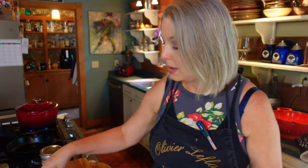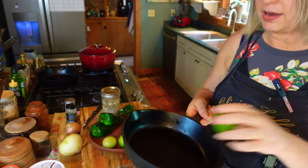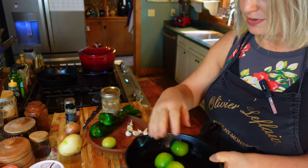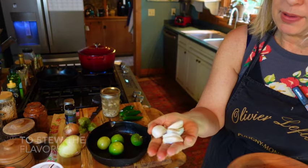I like to roast my tomatillos in the oven at 425 degrees. So I'm roasting most of my veggies. I'm going to roast some of them on the stovetop. I'm gonna roast the poblanos and my jalapenos on the stovetop. The tomatillos, they have these little jackets. You wanna take them out of the jacket. I like to use a fairly small pan because I want them to kind of be crowded, so they make kind of a sauce. And I have about 6